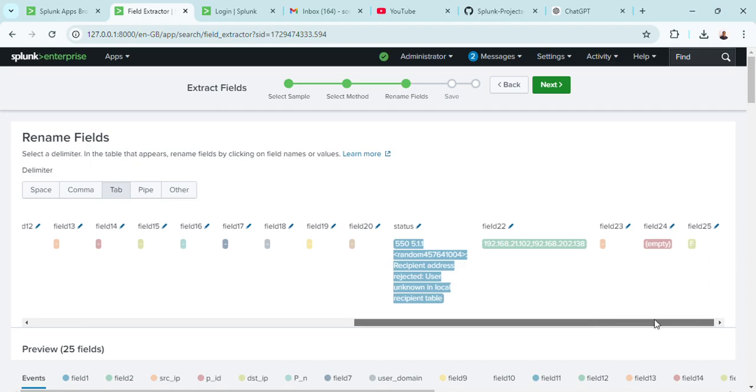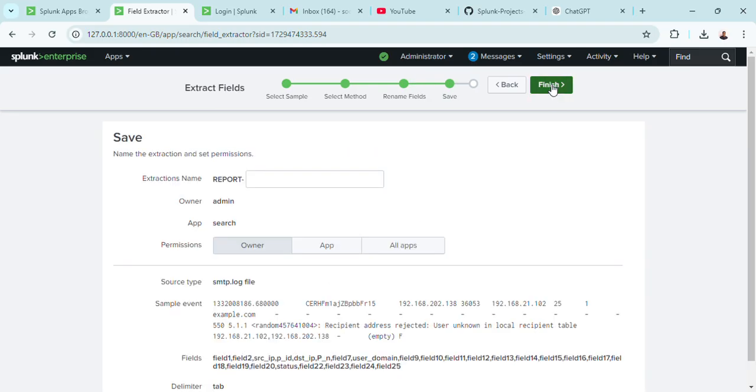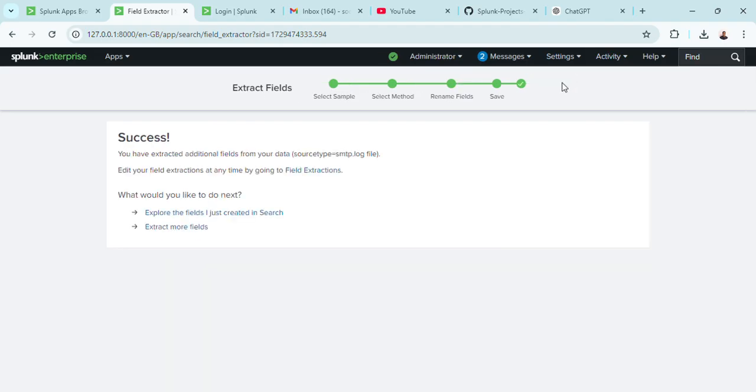In order to see where the error is coming from, we click on next. So click on finish. Start extracting the file. You guys can go ahead and set an alert for this and upload it to